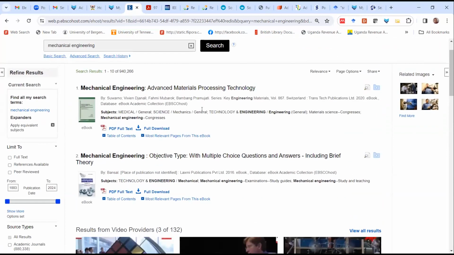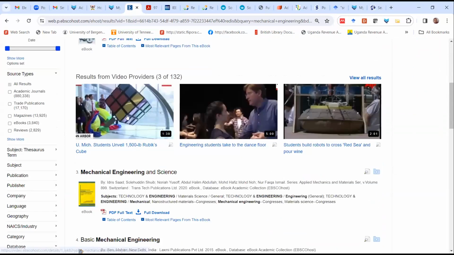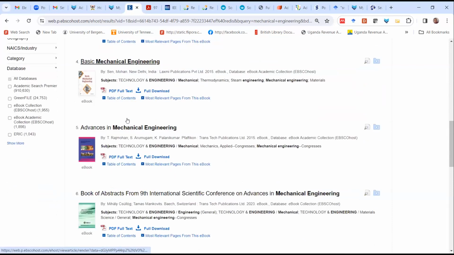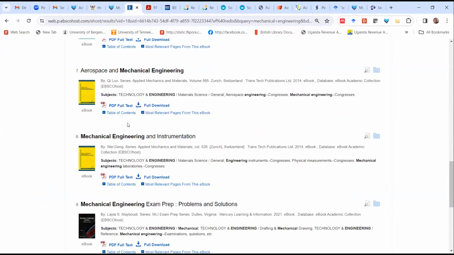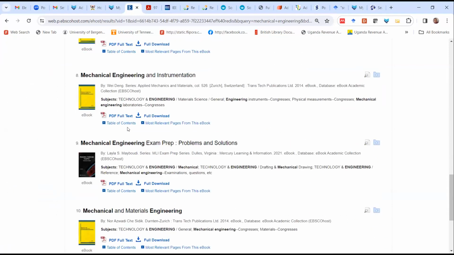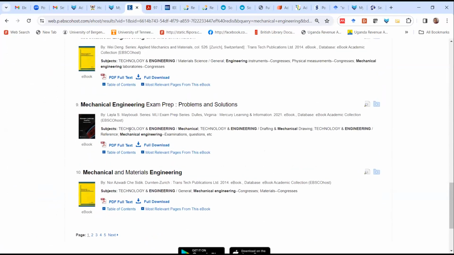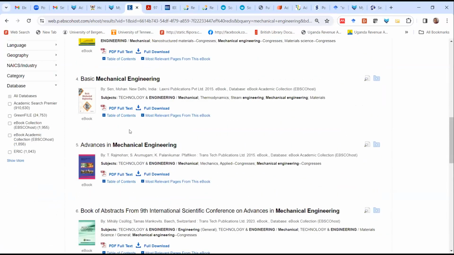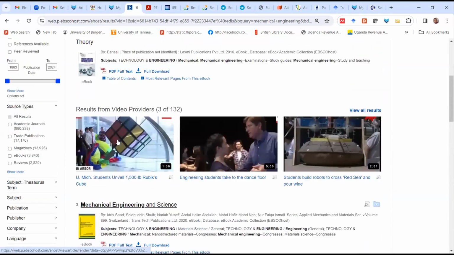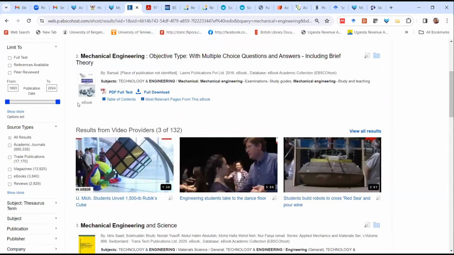So when I scroll down, my first title is a book. Number 2 is a book. All these are books. I want one which is not a book. Wow. So all of these are books, I have to go to the next page. Okay. Now, what I wanted to show you is that if it's not a book, it's going to show you